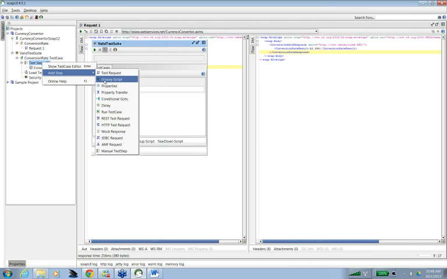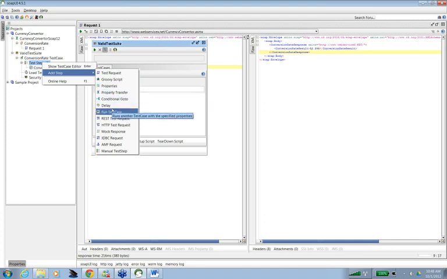And Groovy, you can say, is a superset of Java. It's a scripting language which again uses Java APIs only. So you can actually manipulate your request. You can do parameterization, you can do data driven testing using Groovy script. The script can also be used for other purposes, for logging or for conditionally running your test cases. So script can be useful in many cases. Then we have properties.